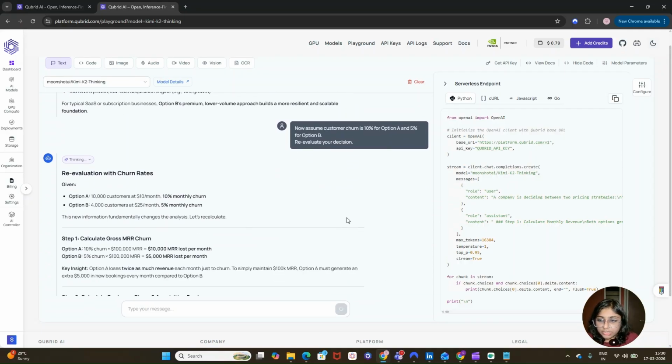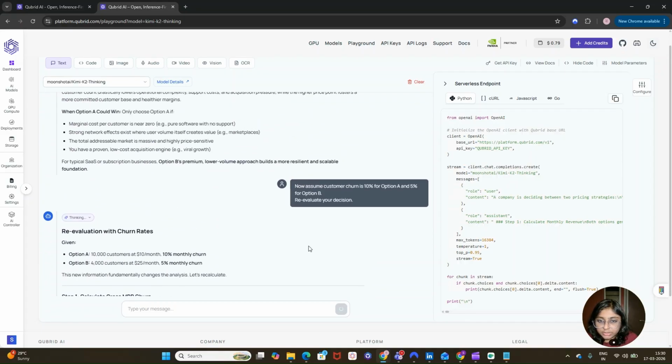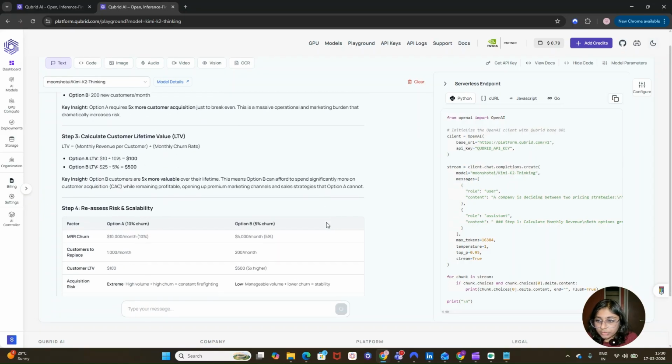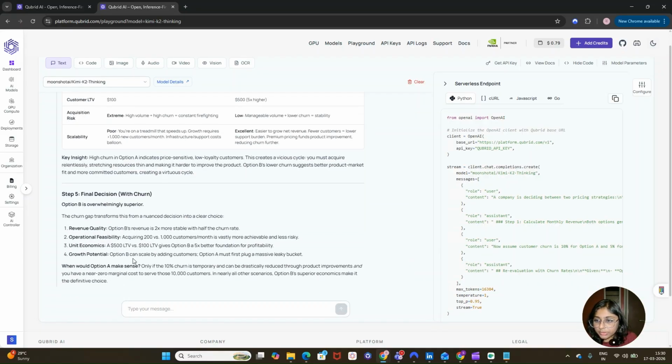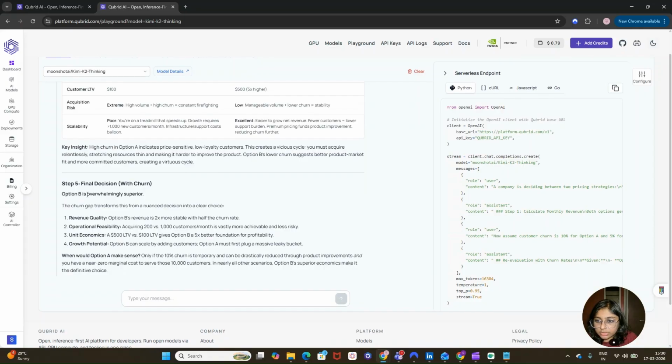So after evaluating the decision, here we have changed the customer churn percentage. It has given the risk and scalability assessment over here, and the final decision is option B. And when option A wouldn't make any sense.